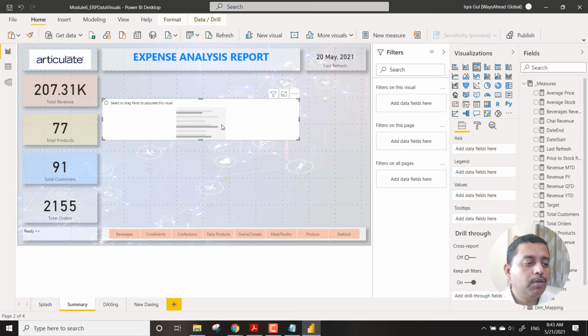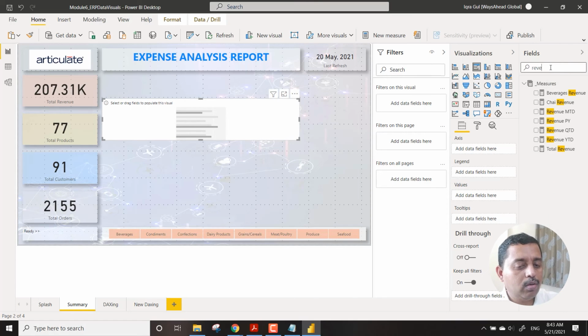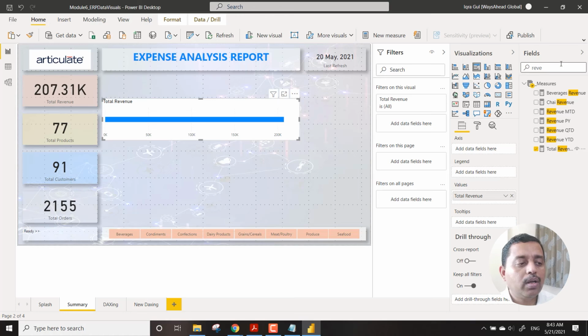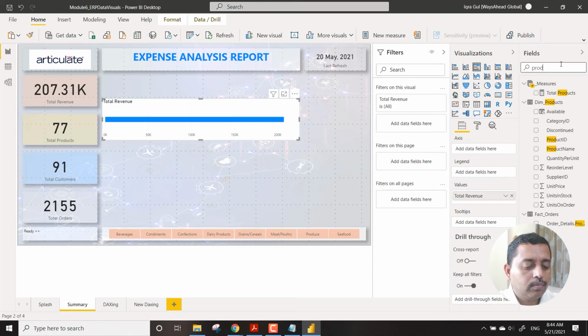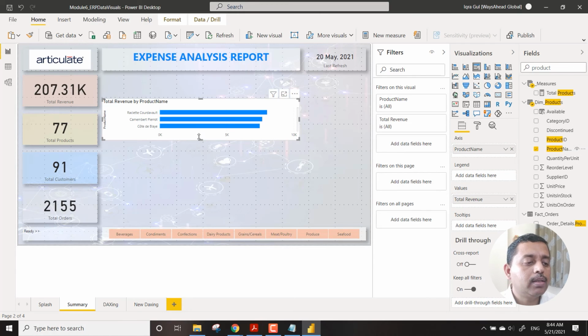So now what we will do is we will be using this particular place for a couple of visualizations. So we bring in a visual, and here we are just talking about bringing the revenue. So this is my total revenue that I am bringing, and I just wanted to bring the total revenue based on some products. So we have the product name and we bring in the details.